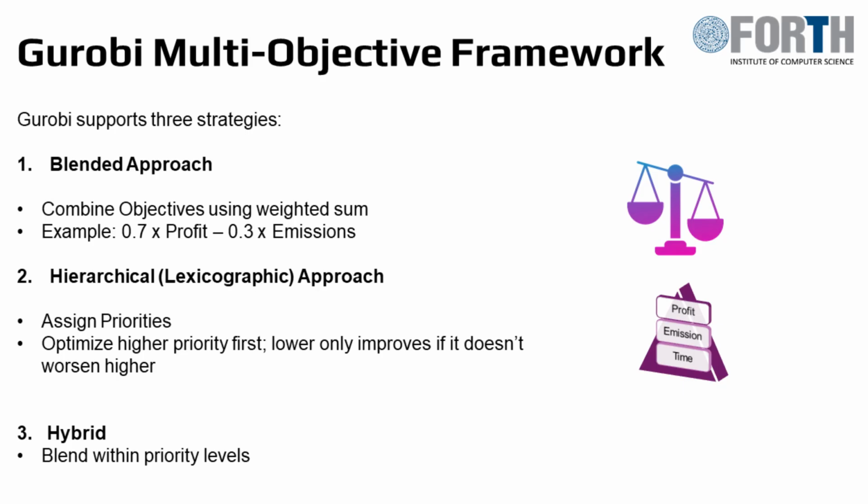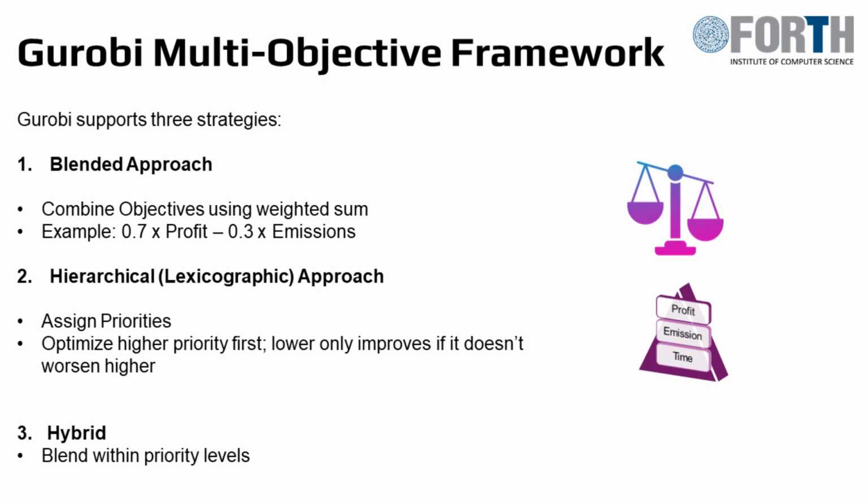The third option is a hybrid approach. Here, objectives can be blended within the same priority level while still maintaining hierarchy across levels. This allows both structured priorities and weighted trade-offs where appropriate. So these three strategies give us flexibility. We can combine objectives into one scalar, enforce strict priority levels, or mix both ideas depending on the structure of